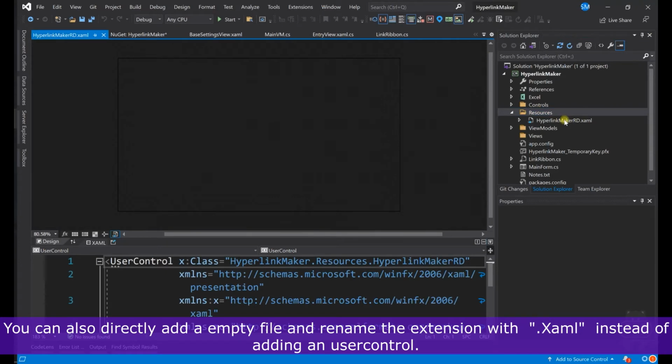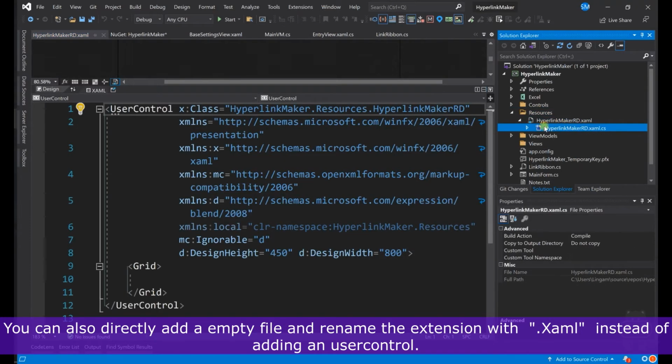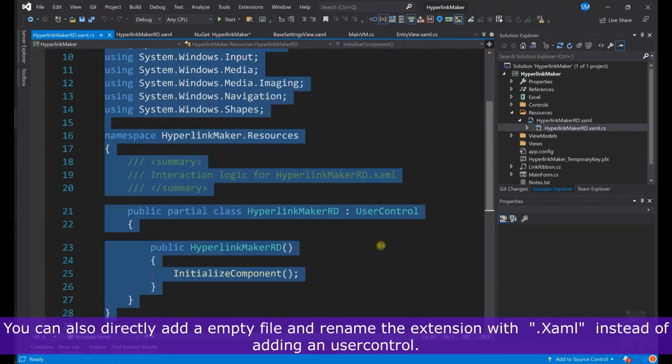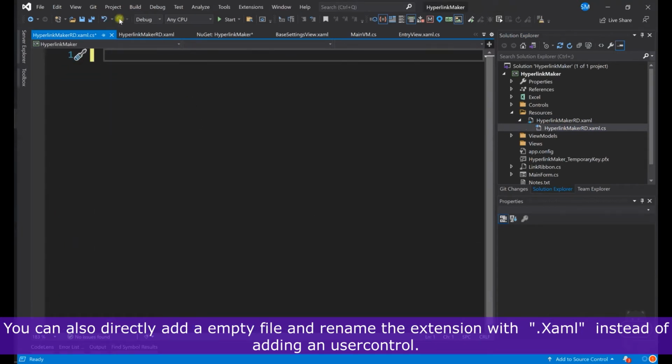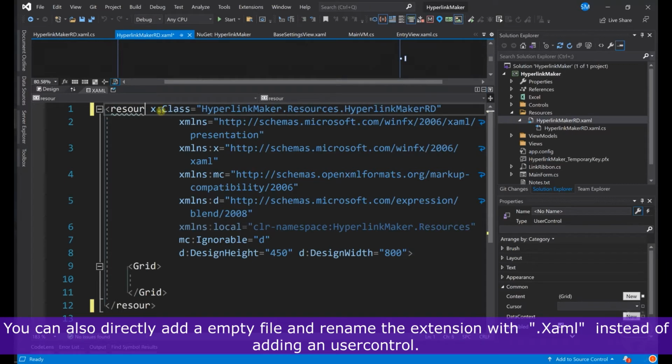Now this is a user control, right? So what you need to do is go to the backend code, select all, delete everything. This will not be the case in a WPF project. You directly have the option to add a resource dictionary. So come back here, change the user control to resource dictionary.